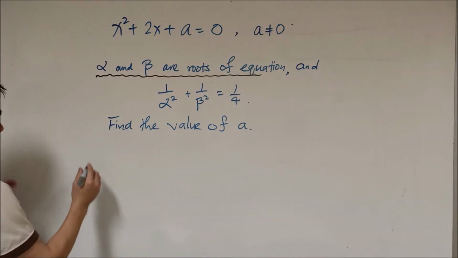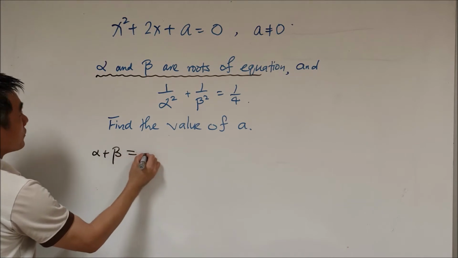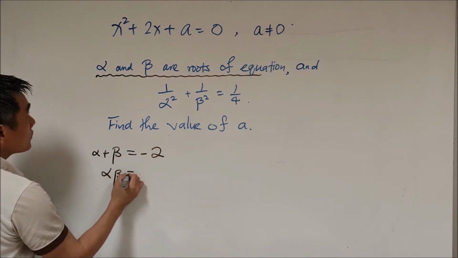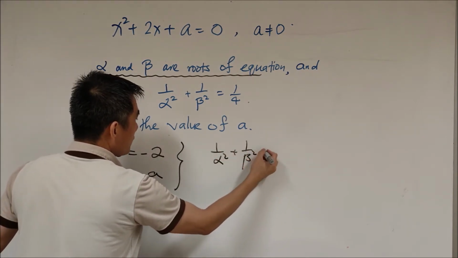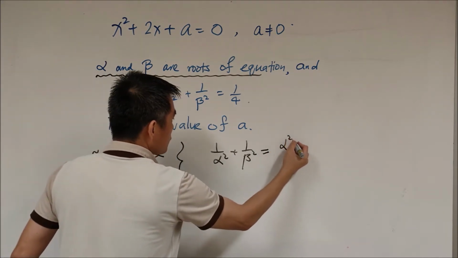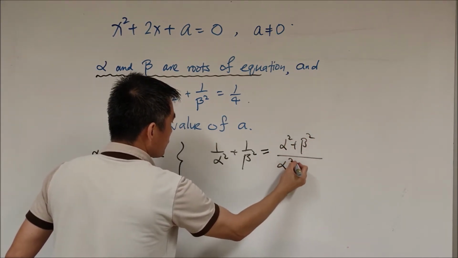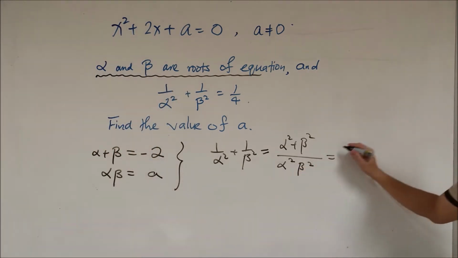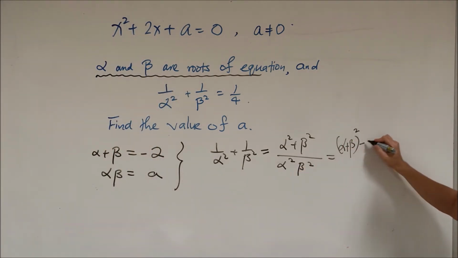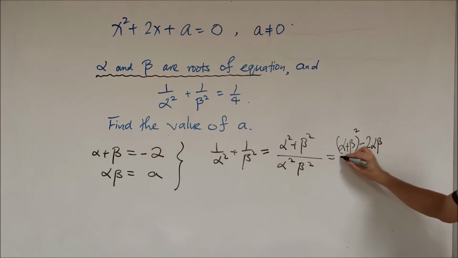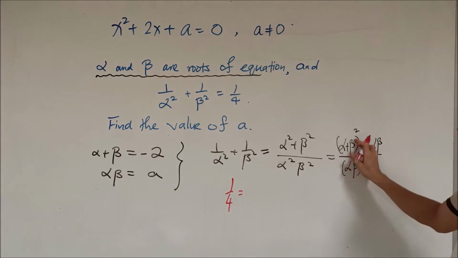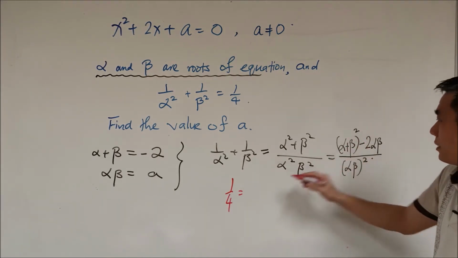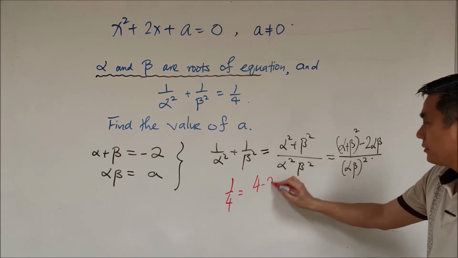From this information, we know that alpha plus beta equals -2, and alpha beta equals a. Then 1 over alpha squared plus 1 over beta squared equals alpha squared plus beta squared over alpha squared beta squared. This equals (alpha plus beta) squared minus 2 alpha beta, over (alpha beta) squared. Therefore, this is 1 over 4, and this equals (-2) squared, which is 4, minus 2a